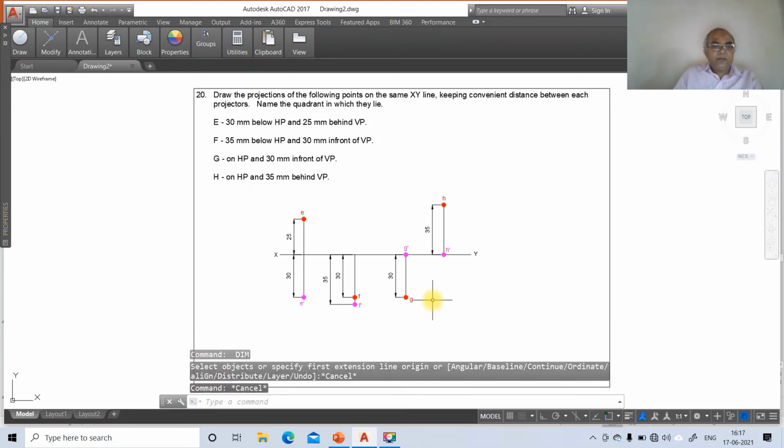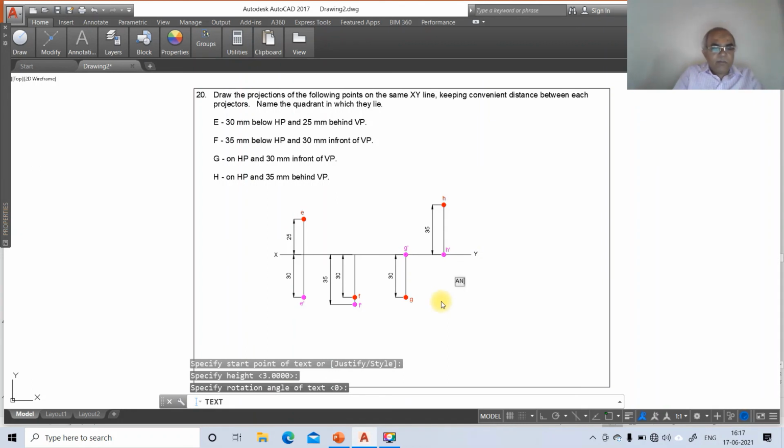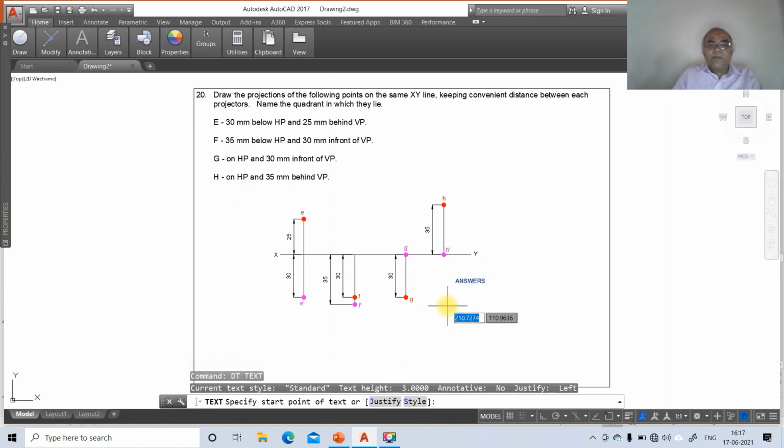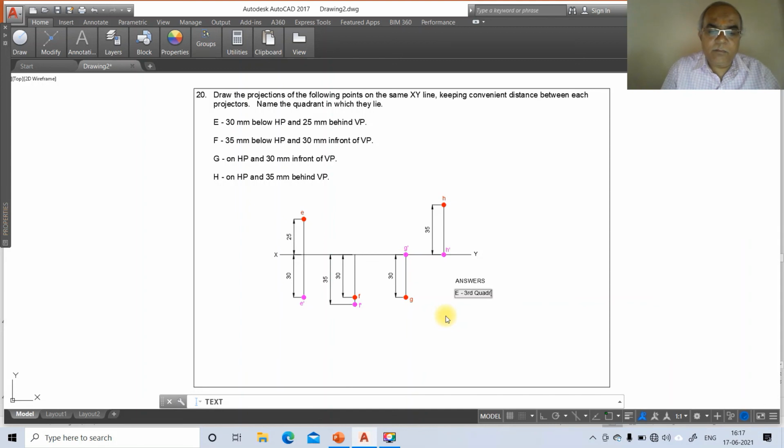So here, you go to dtext. So type answers. So here, go to dtext. Capital E is in the third quadrant. Capital F is in the fourth quadrant. Capital G is 1 HP in front of VP, first as well as fourth quadrant. Capital H